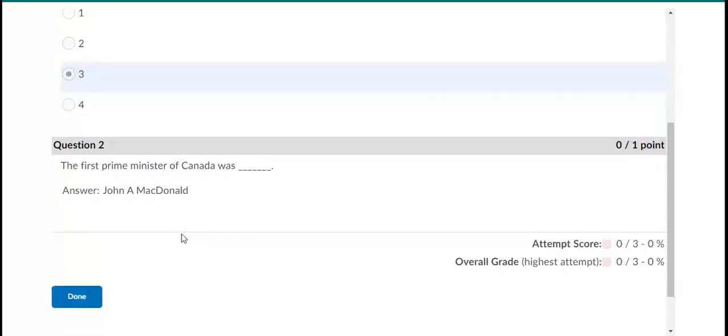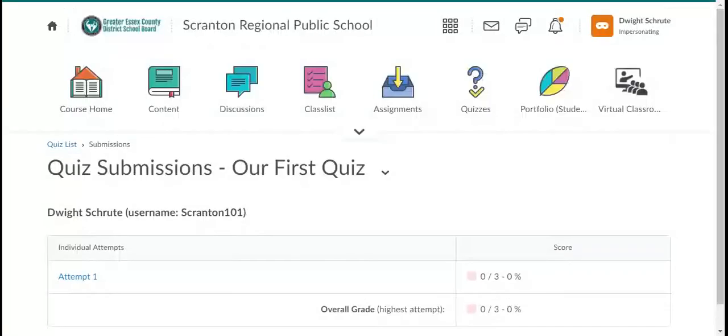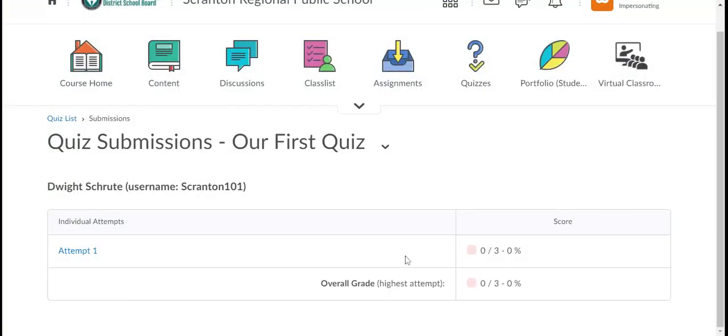Macdonald, which was wrong. And I purposely didn't put a period after the A because I knew that it would grade it wrong, because it's something else I want to show you. I wanted to make sure that you saw that it has to be exact, so that in the assessment video, we're now going to take a look at how we can go back in and regrade that, because that technically is the correct answer and we don't want them to get that wrong. And then we click done, and there we go. So he's taken